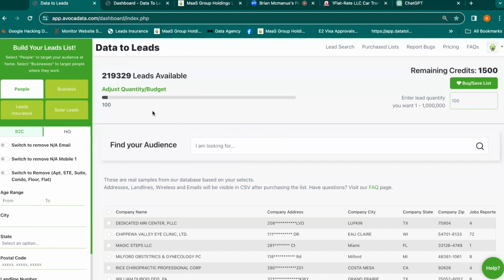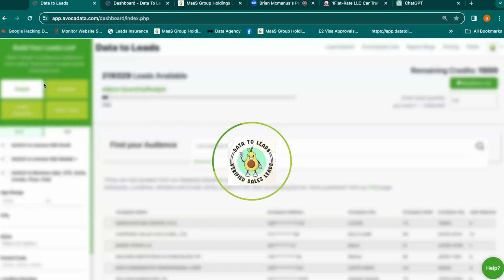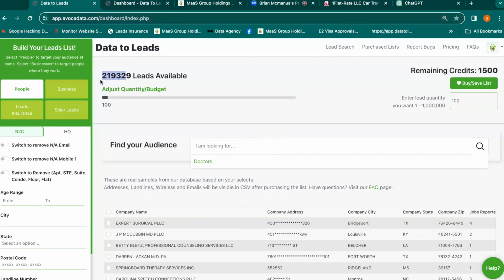Okay. So we'll start with homeowners, because that's a good thing for insurance agents too. Under here, we have various types of selections. You can either build these on your own or you can have us help you. Just like this, I made a list of doctors. We are able to take the whole database of 100 million rows and you'll be able to easily segment it to this. Then you can download the list you want.